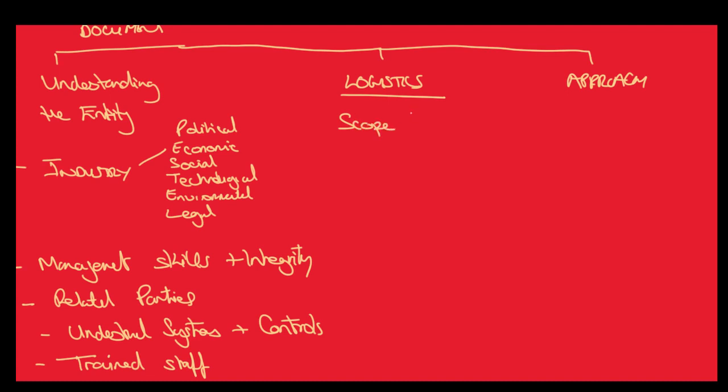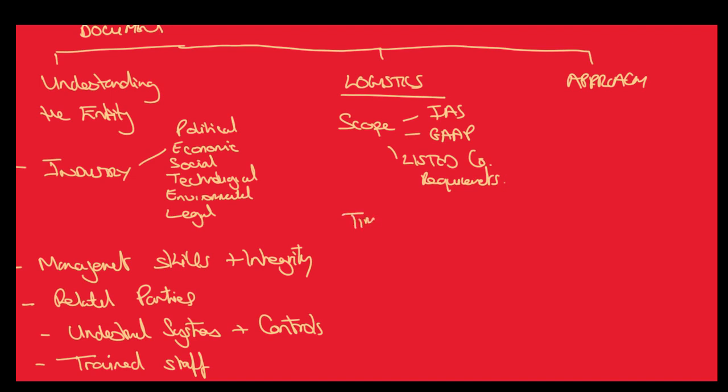Remember, we said strategy is all to do with the scope and direction. Are we going to use IASs? Are we going to use local GAAP or IFRSs? Do we have any listed company requirements for that particular country? Let's work out what it is that we need to judge this company against.